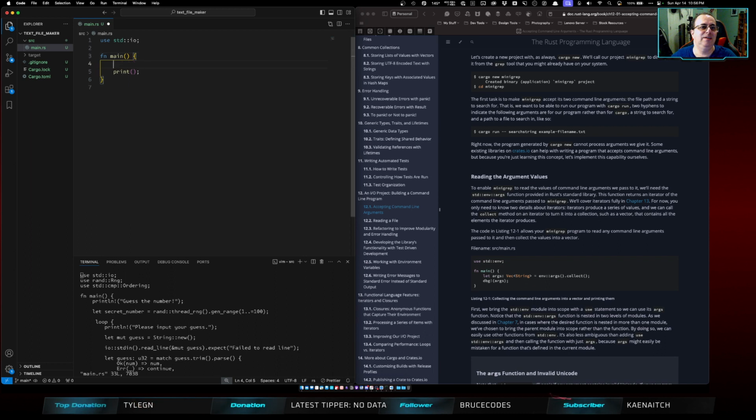So actually, let's say let input equal, let's try this, standard in read line, this bit,